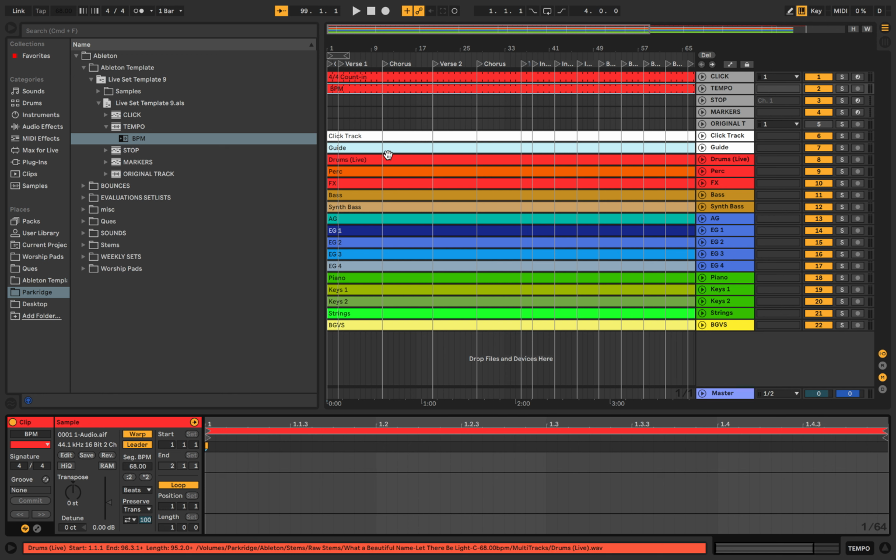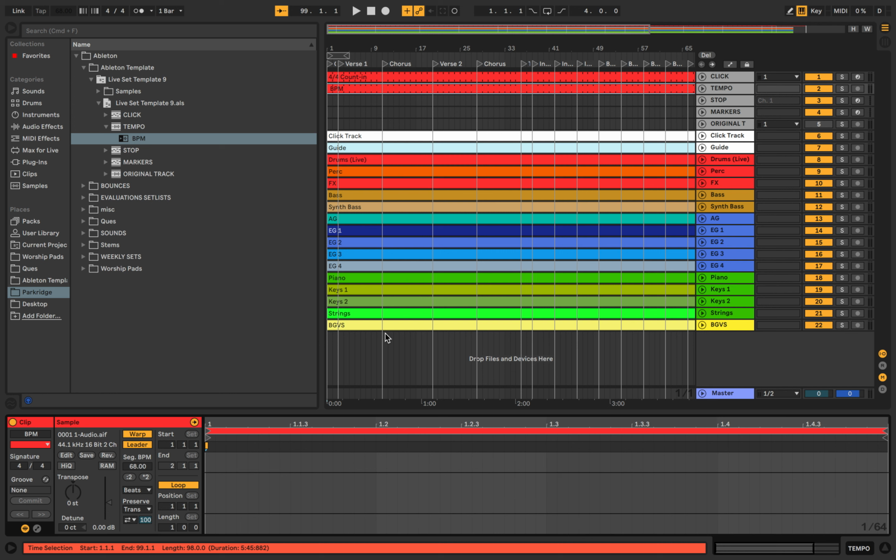So now I just told everything that is in these stems and in these tracks up here to follow this leader. This is the leader track, and it has the BPM set. So if I want to change this leader track to 100 BPM, we would play all of these stems and the click sound at 100 BPM. And because we've warped it, it would sound